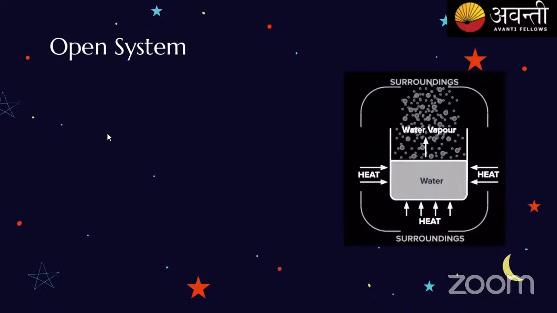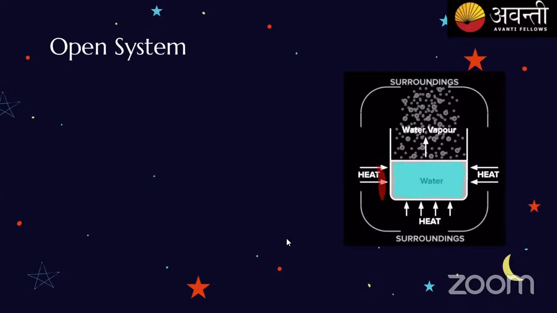What are you seeing here in this open system? Can you see anything here? Now, in the open system, we are seeing water in a beaker, right? Now, is the beaker closed? No, it is an open beaker. Now we'll be seeing water in an open beaker, and then we'll be heating the beaker. Clear, everyone? The red color shows the heating, and the blue color represents the water itself. Now what are we doing? We are heating the water.